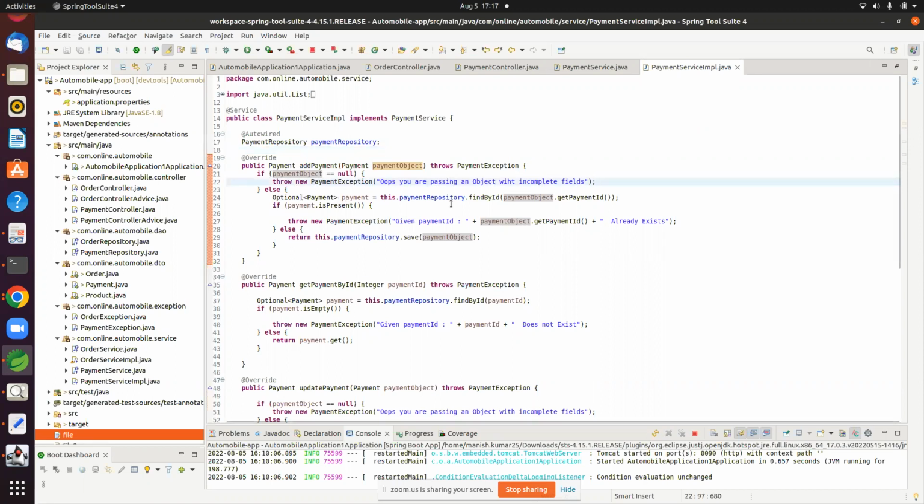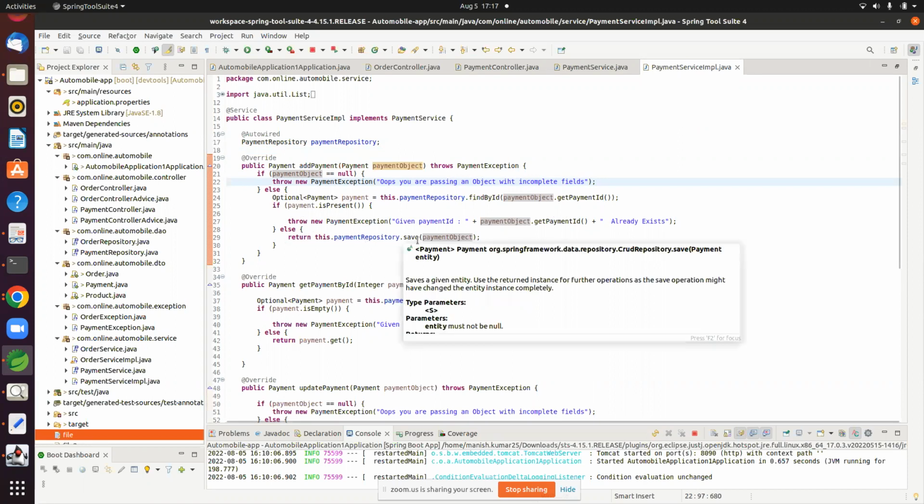Else we will check if it is present by its ID, and if the payment is present, then we will give an exception that the given payment ID is already present, try some another ID. And here we are adding the payment object in our database.